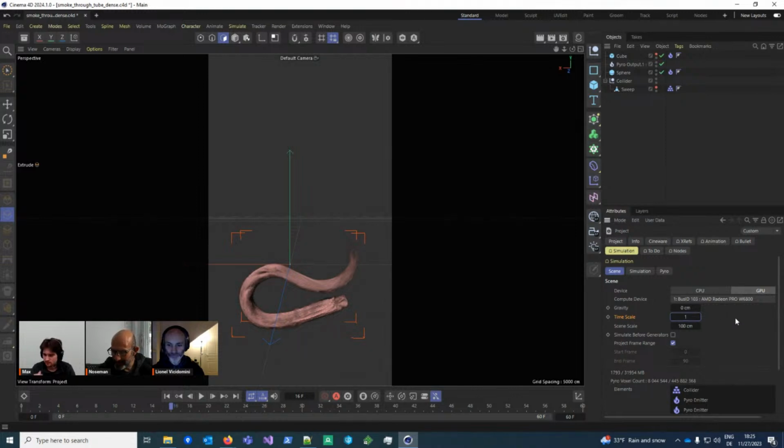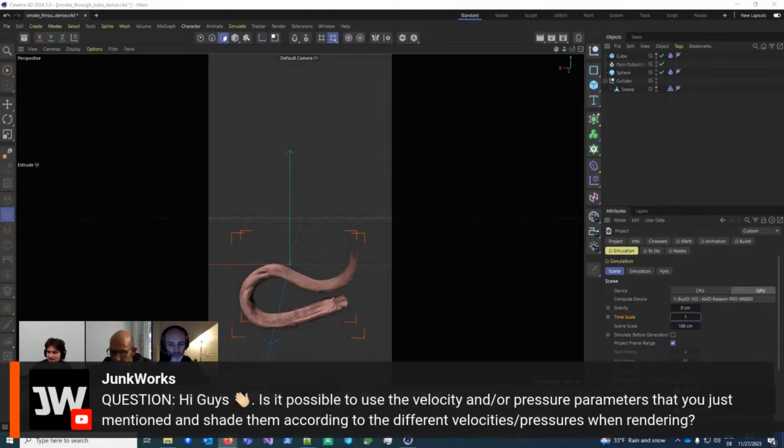Right, we have another question. All right, let's read it. I think the answer is yes, but let's see. Hi, guys. Is it possible to use the velocity and or pressure parameters that you just mentioned and shade them according to the different velocities, pressures when rendering?